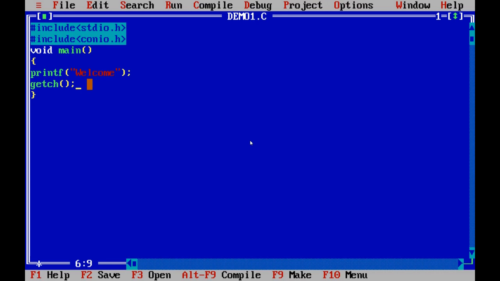For example, here we are using printf. Actually, printf means print the format, right? So instead of typing printf, in case I have typed print alone, then it will show me an error message, because here the predefined name for printing the information is the function printf only. There is no function called print. So what we have to do here is type it as printf only. We have to check all the syntax against the predefined syntax, right?